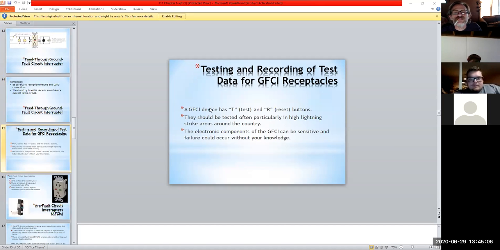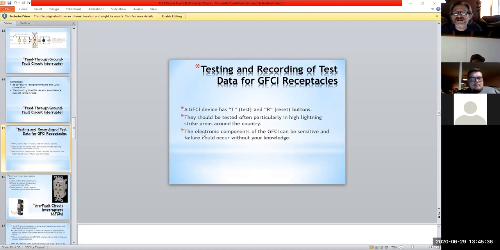So, and they do, every one of them has a test and reset button. Some of them have little green LEDs on them, to show that they're on. Some of them don't. So it's not a standard, if you will. But they should be tested fairly often. You should actually at least test them once a month. It wouldn't be a bad thing. Go through, test all your breakers in your panel once a month, test your lighting and everything. Nobody ever does this, but